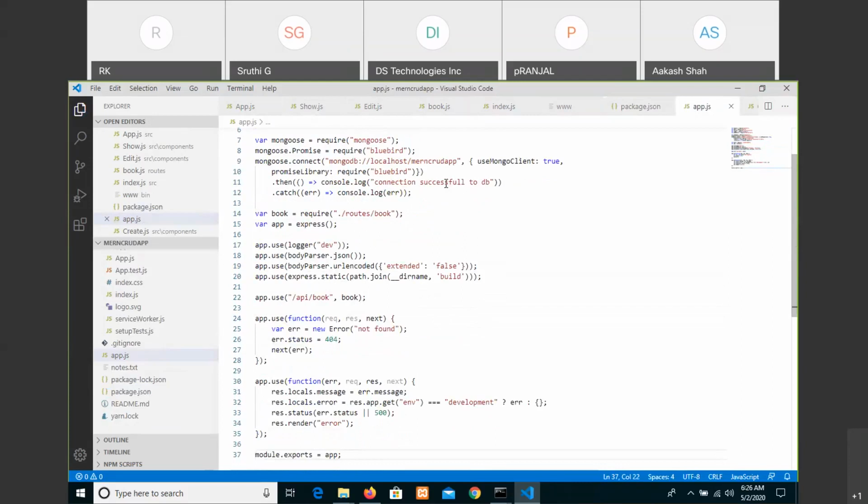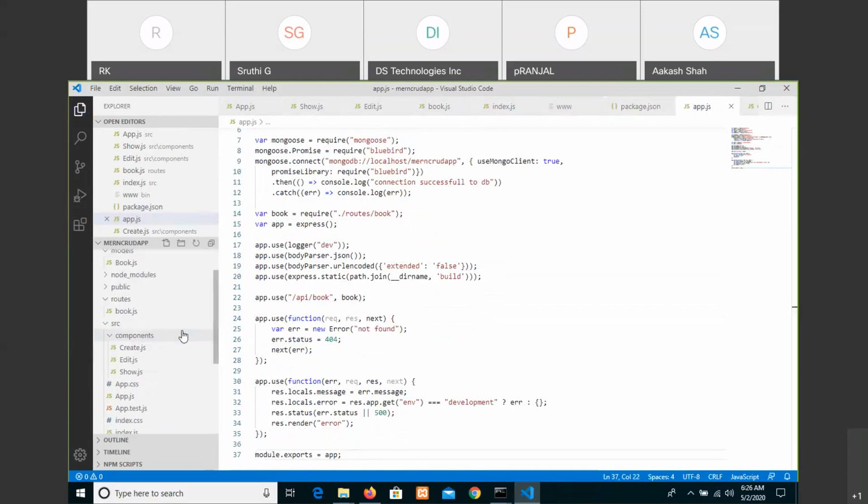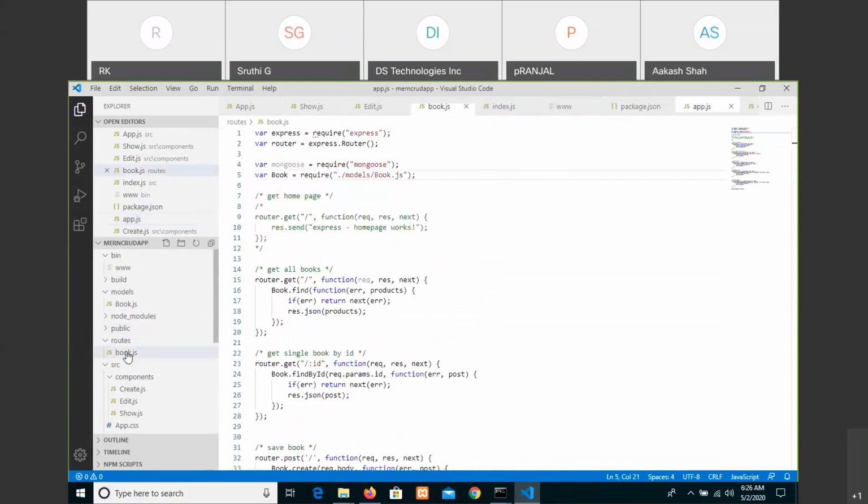Then in the routes folder, we created a book, and of course first we have written this one and it is working successfully. Additionally,